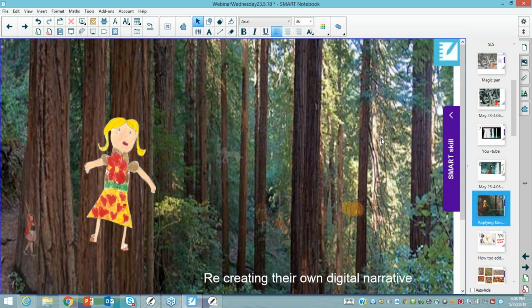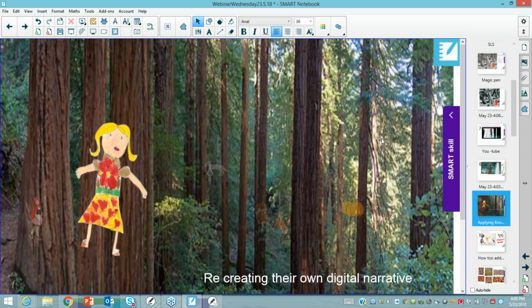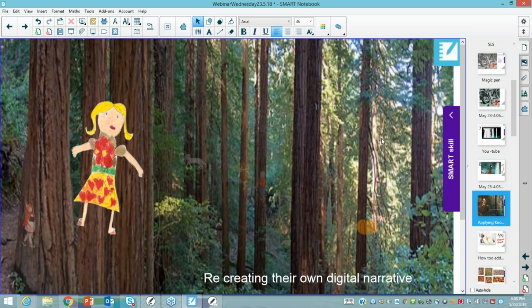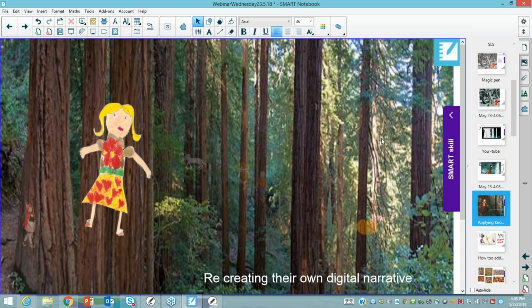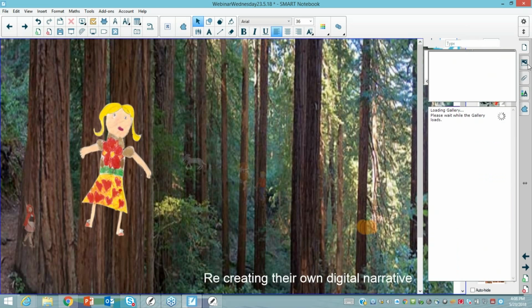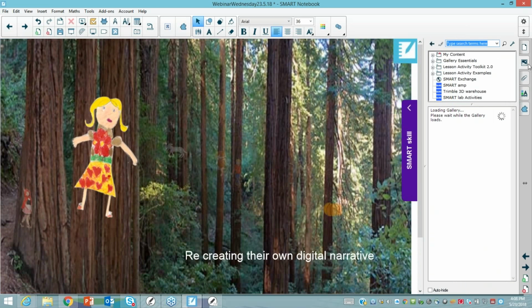So we can see that on this recreated version of Anthony Browne's Into the Wood, I've got the big bad wolf, and I can see Jack and the cow there, and a pumpkin here, and Red Riding Hood, and we've even got student content in here. So what the students have done is they've searched in the gallery to add these images into their page. So if I use the gallery tab, which is the second tab down on my Smart Notebook, and I search the gallery for fairy stories, fairy tales maybe, I'm going to find a folder full of goodies,